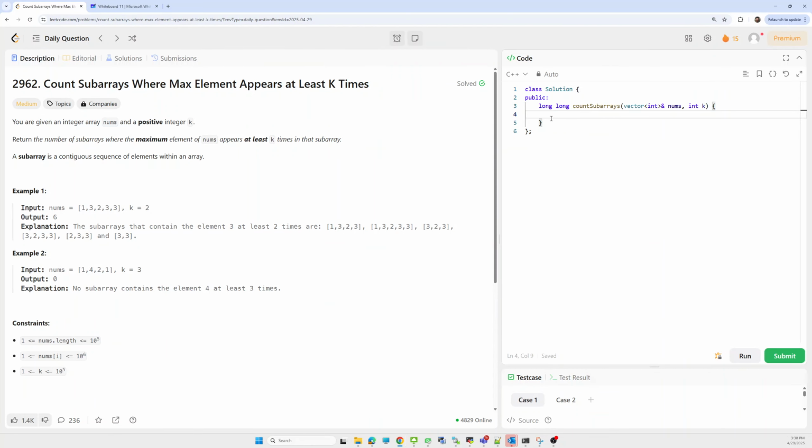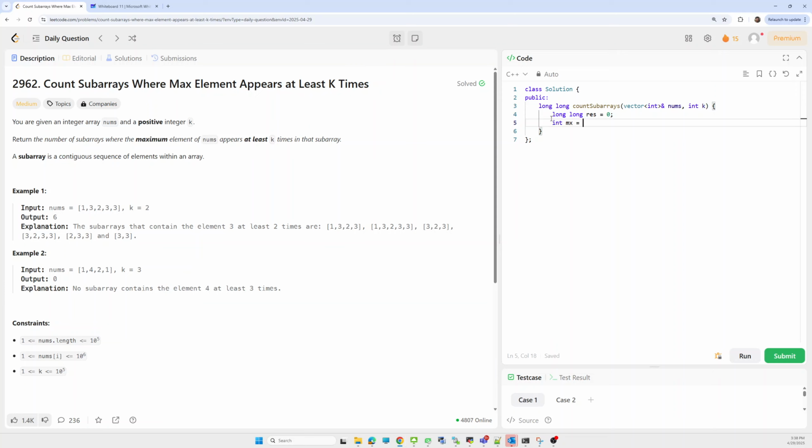So first we'll take a long type for result, which is equal to 0. Next, first we have to calculate the max element for the array.